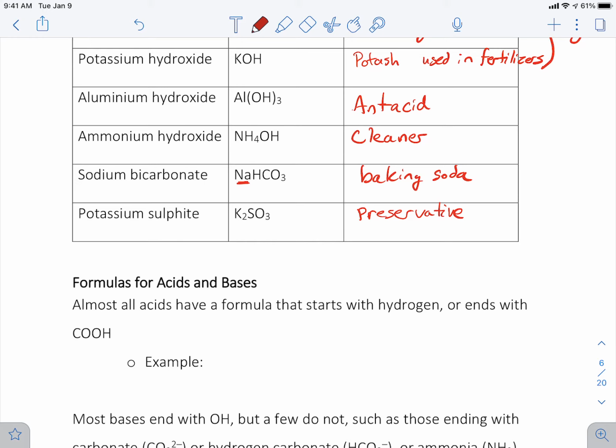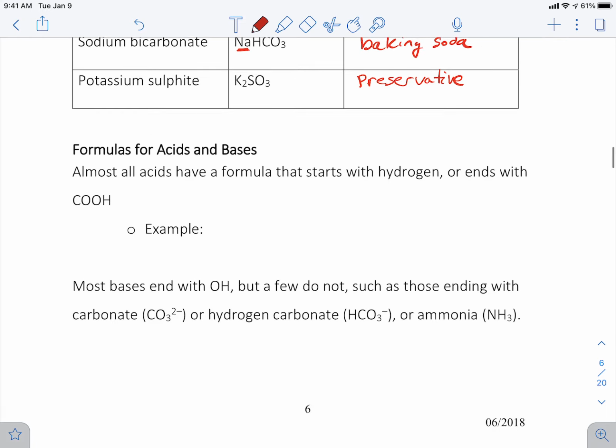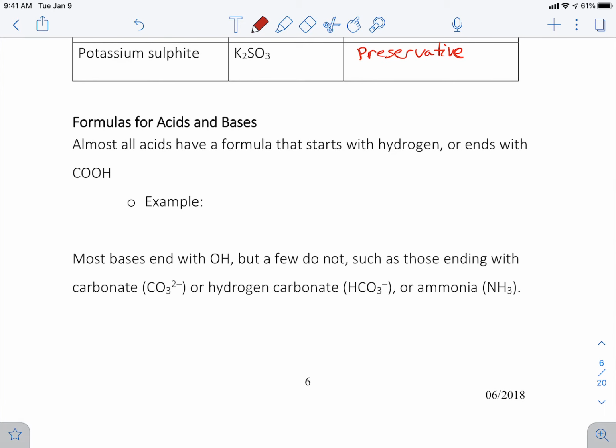And so that's bases. So I'm going to do a real quick look at this next section about the formulas for acids and bases, as we've introduced the concept of the base, and we're going to step forward and talk a little bit about their formulas. So almost all acids have a formula that starts with a hydrogen, or in occasional cases ends with a hydrogen. So for example, you might have HCl, which is called hydrochloric acid. You might have H2SO4, which is